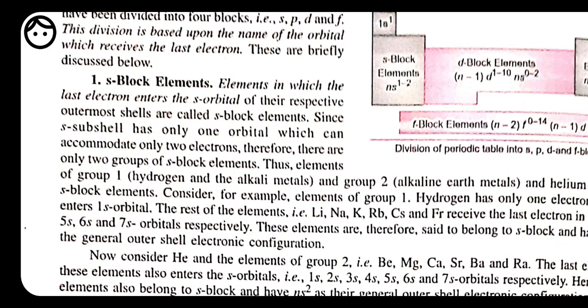Okay, next, they are very reactive metals. The metallic character and the reactivity increase down the group. Why are they very reactive? Because they can lose electrons. To attain stability, they can lose electrons very easily. That's why they are highly reactive in nature.